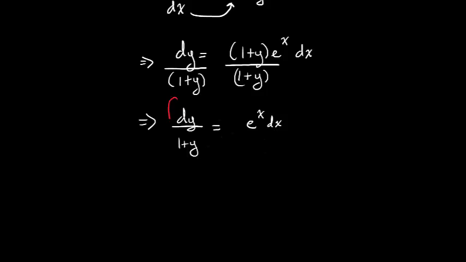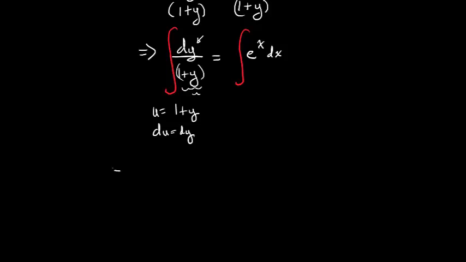If you want to solve, the rule just states integrate both sides. Whatever you do to one side, you must do to the other side. Hopefully we see on this side that this is an easy u-substitution. If u equals 1 plus y, du equals dy. So we have our du up on top, we have our u on the bottom. So this will be equal to the ln of the absolute value of 1 plus y,